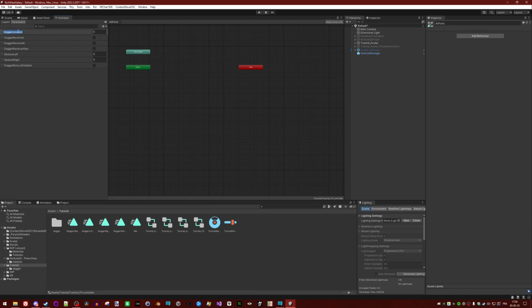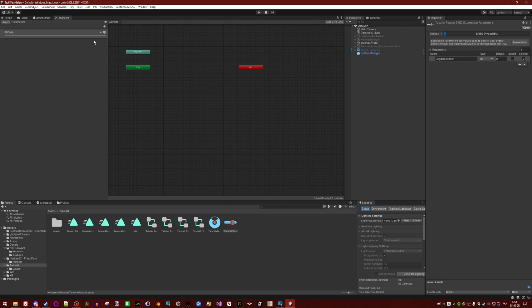You rename it, here it's dagger location, because it's the name of the parameter I created here. It needs to be written exactly the same way, so it's case sensitive. So I would recommend you to copy paste the name. It would be safer. Ignore the other parameters for now. They will be used later.